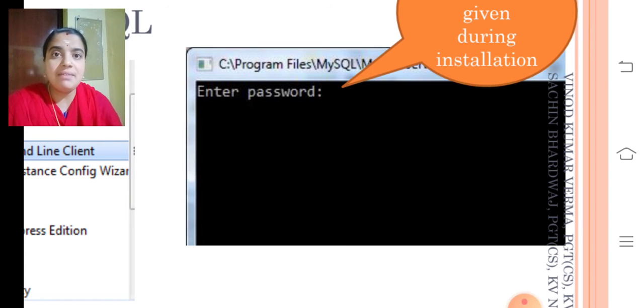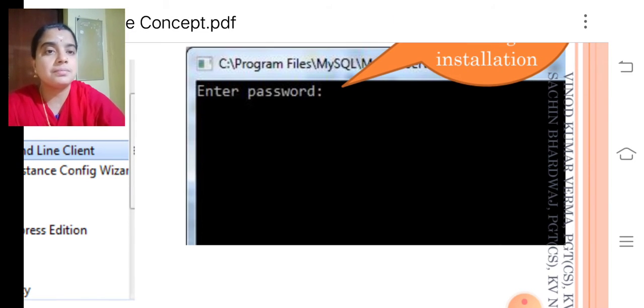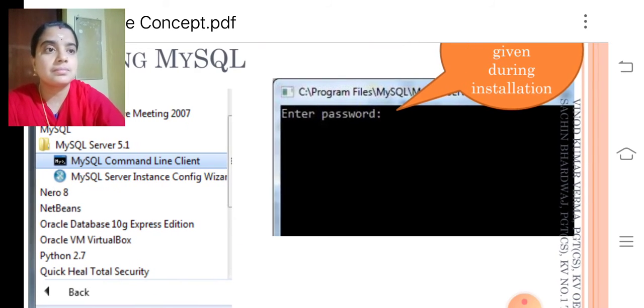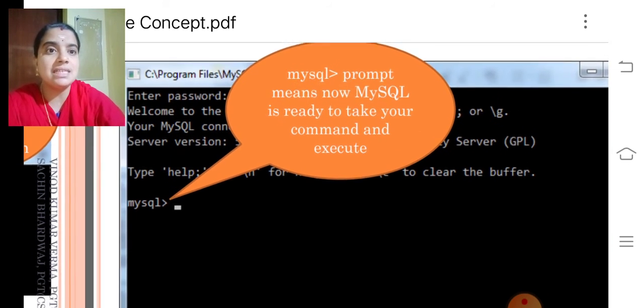In that screen, they will ask for the password. The password you set at the time of installation, the same password you need to enter in the screen. After entering the password, you just press enter, so that you will get a screen like this also.